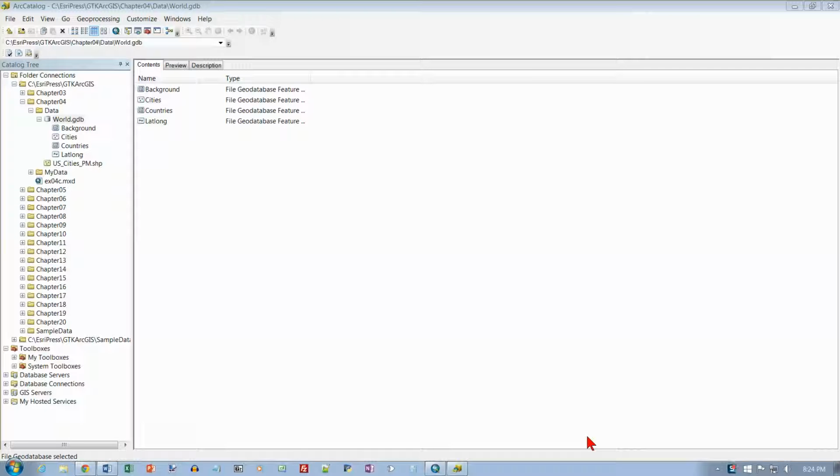Okay, this is the Getting to Know ArcGIS for Desktop textbook, and we're on exercise 4B. I did not close our catalog after doing the last exercise, so it is still open. And number one says browse to the world GDB. We're already there. And on the standard toolbar, click the ArcMap button to start ArcMap, and I've already got that